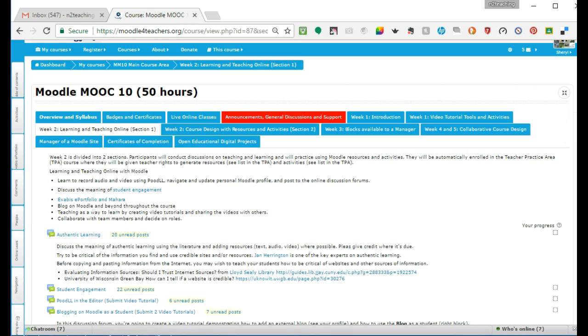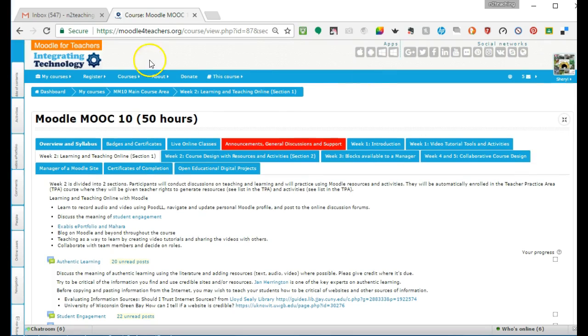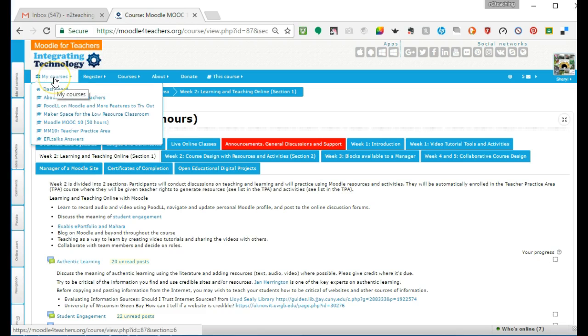Also, Moodle for Teachers, Integrating Technology, that's your home button if you need it. These are my courses. These are things that I am working on about Moodle, Poodle on Moodle, Makerspace for the low resource class, Moodle MOOC 10, teacher practice area,